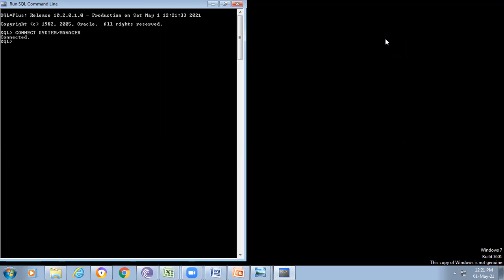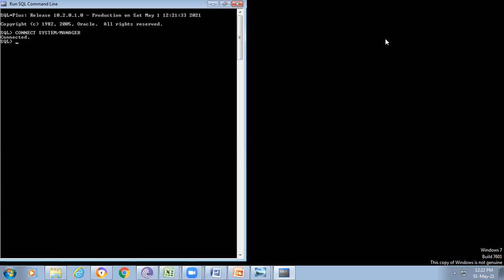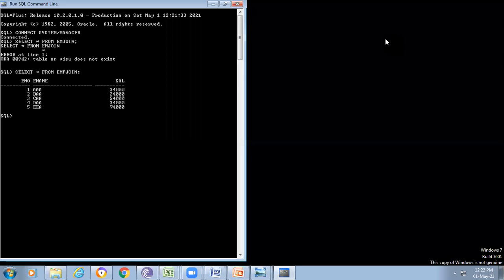On the tables we did not use any primary key or foreign key. Now we try to use views for that. What are the table names? Can anyone remember? Select star from emp join, am I right? Another one is select star from dep join.